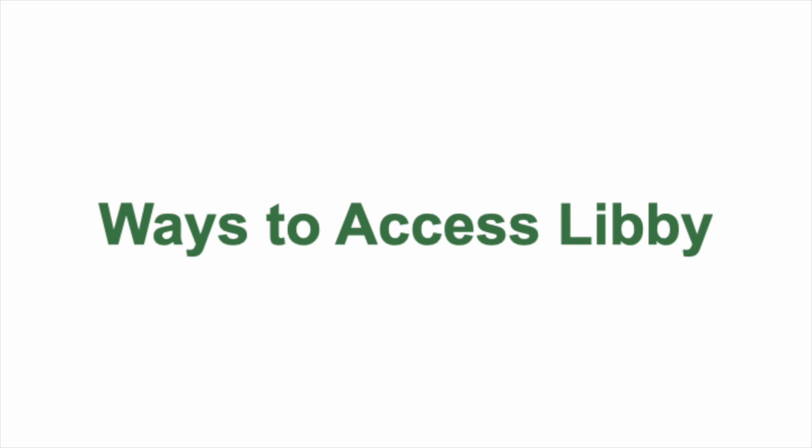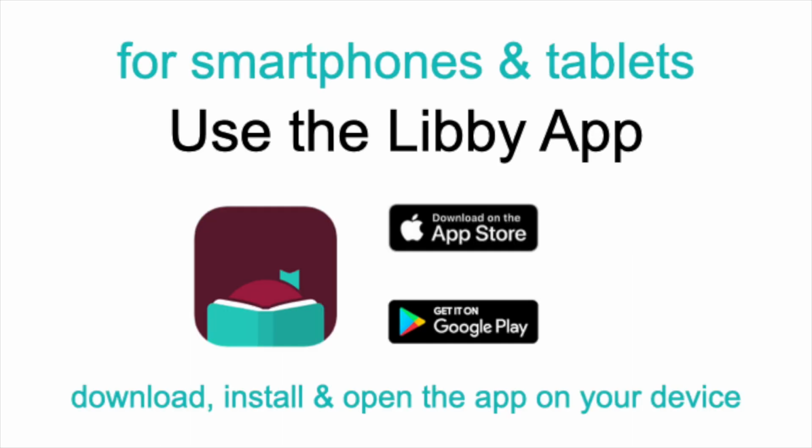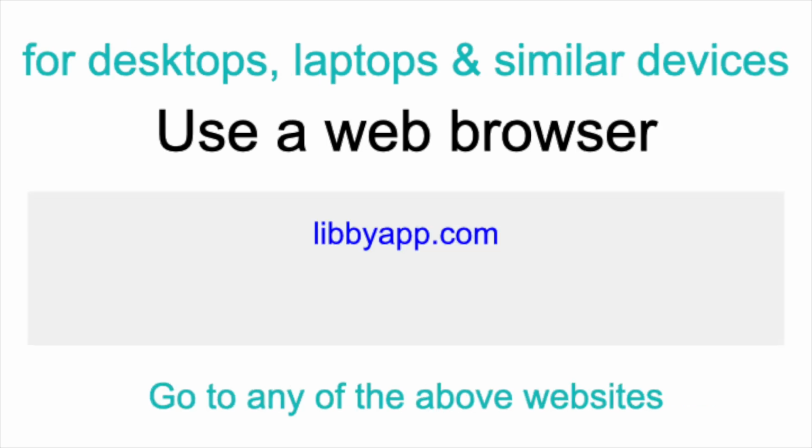Ways to access Libby. If you plan to read using your smartphones or tablets, you need to download the Libby app from your device's app store. If you plan to read using desktops, laptops, Chromebooks, and other devices with access to an internet browser, you can simply use your preferred web browsers and visit the following sites in order to get to Libby. Go directly to libbyapp.com or via our website,